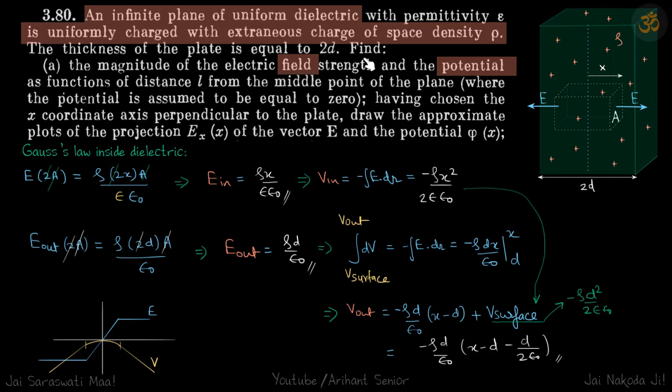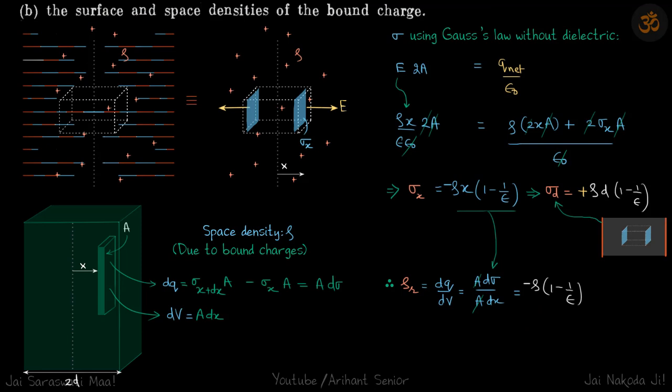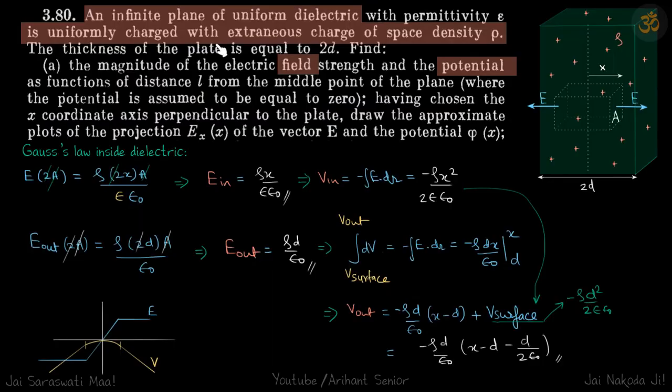And in the second part, we need to find the surface and space densities of the bound charge. So we are going to do this within the scope of our high school physics. We'll not use engineering physics, we'll use the fundamentals and find out the answers of surface and space densities. It's a bit complicated, not much, but let's do the easy part first, where we need to find